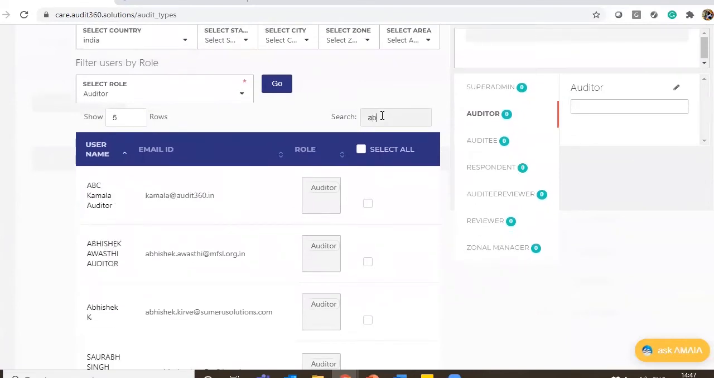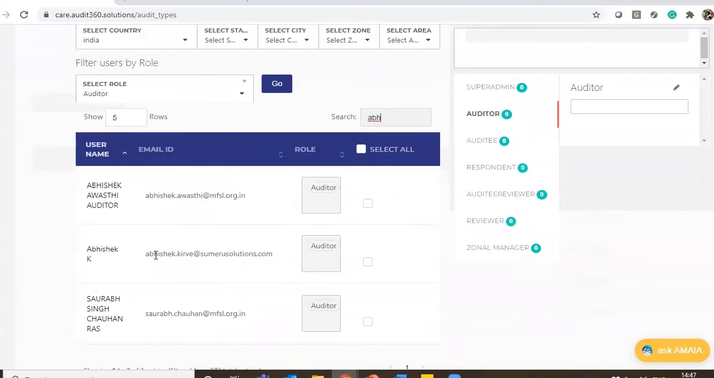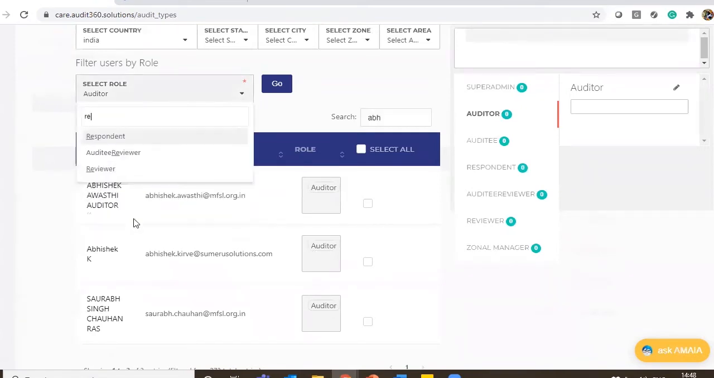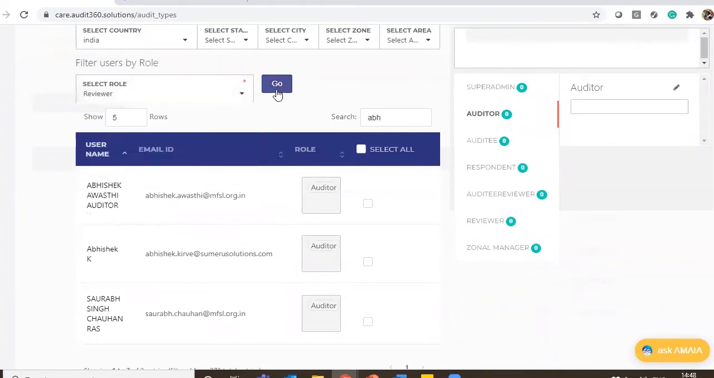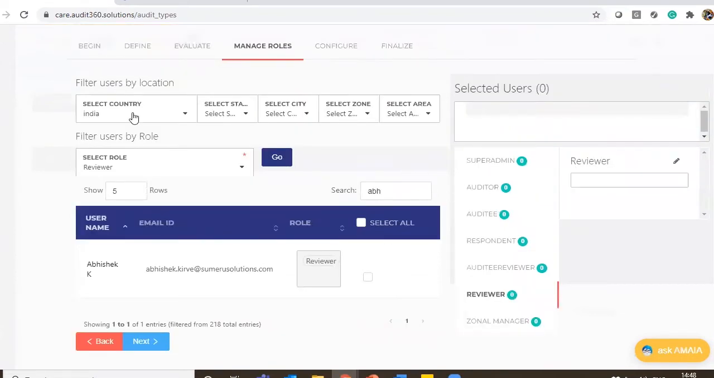So let me take a specific auditor when I know that he is playing a dual role. So here, if you see, Abhishek Kirve is playing auditor role. If I have the same name, I am choosing it for reviewer. He would also have a reviewer role assigned. So in this case, when the user has multiple roles, I can define which role he would play here. So for example, for Abhishek, I am choosing that he would be playing a role of a reviewer, and